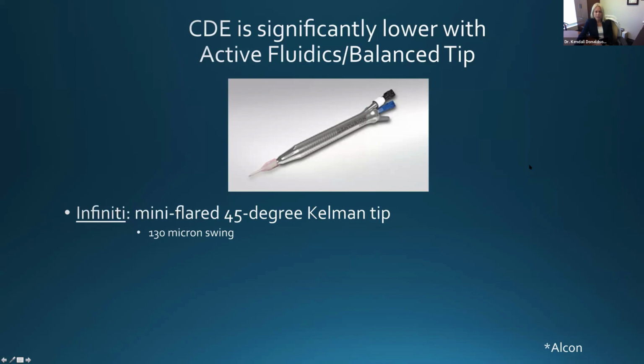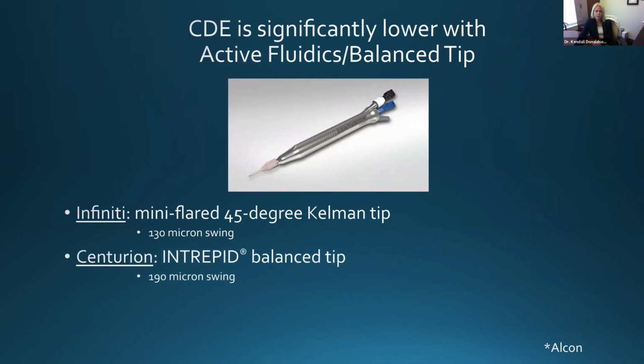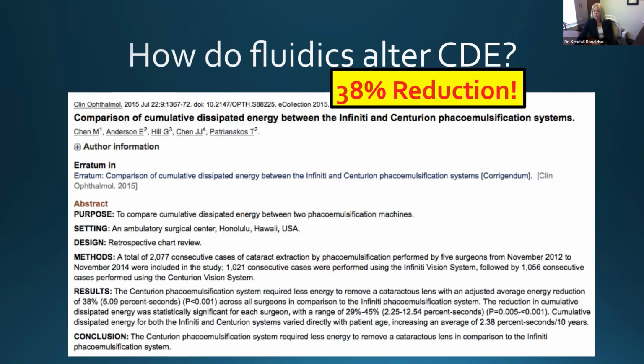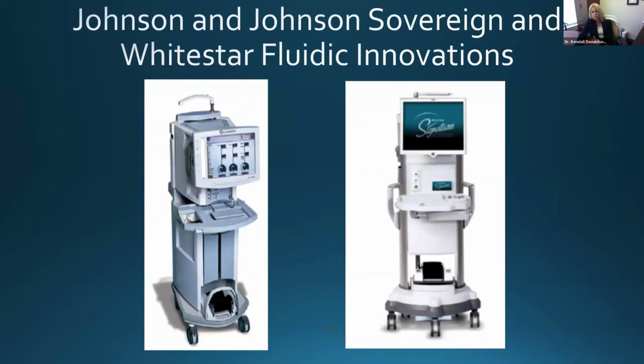And it has the 45-degree, we talked about the angles of the tips, and it swings back and forth to help introduce that torsional component, really to make the ultrasound release much more efficient. Okay, that's what we see here. So when we switched from the Infinity to the Centurion, we actually saw a 38% reduction in our energy dissipated during phacoemulsification. So there have been several studies that have also showed that same reduction in energy usage with the